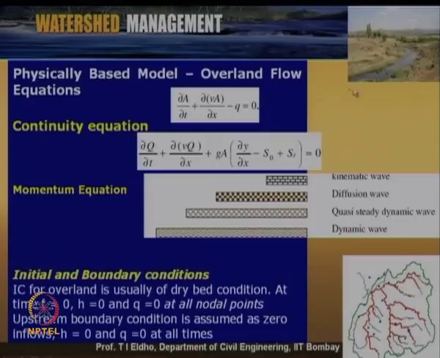So, this constitutes the governing equations, initial conditions and boundary conditions, and when the system is defined, like the boundary of the watershed, our mathematical model is complete as far as overland flow is concerned for this particular watershed. Once the watershed is conceptualized, the mathematical model is ready. The next question is how to solve these governing equations, so we will be discussing the numerical techniques.